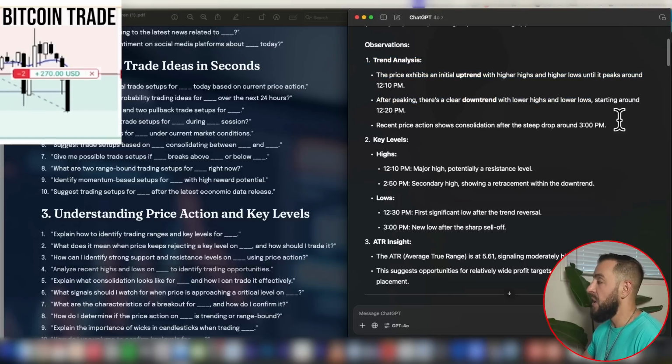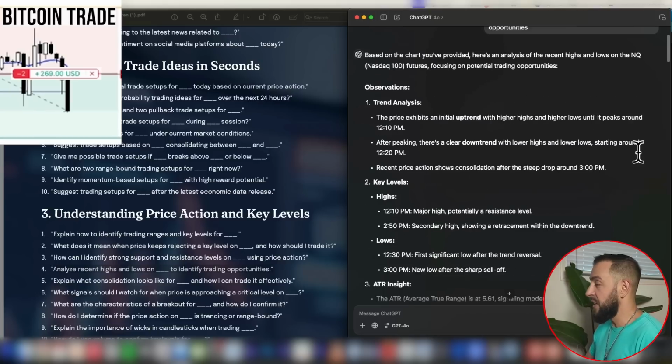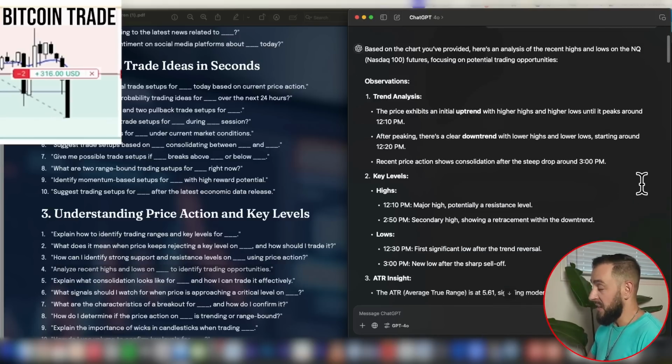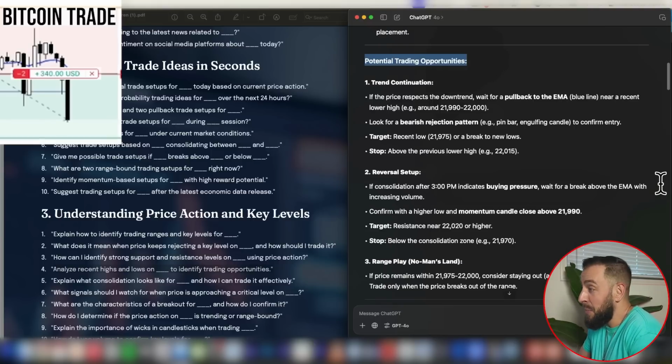Now let's grab the chart and let's see if we see what it sees. Uptrend, downtrend. Yes. Recent price action shows consolidation. Yes, consolidation here. Okay, cool. Looks like it's doing pretty good. Now, potential trading opportunities. It's giving us potential trading opportunities that we didn't even ask it for that specifically, but